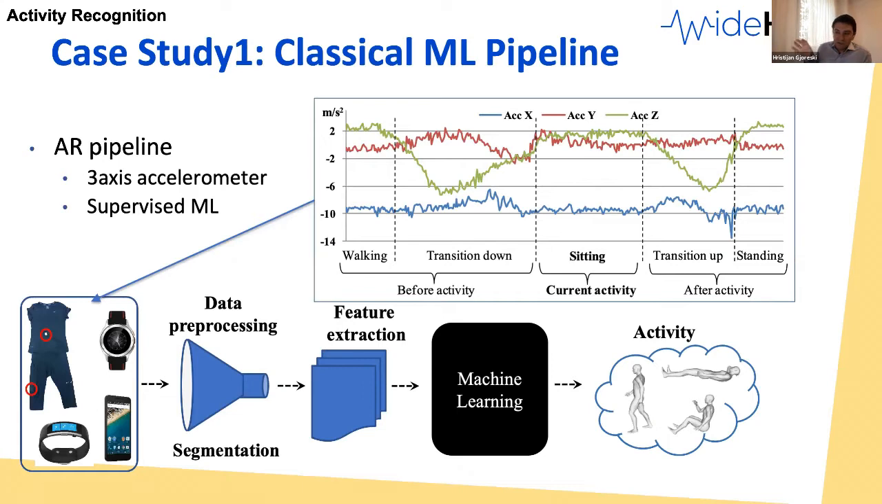Okay, so this shows a classical machine learning pipeline for activity recognition. So we have the data set. So data collection for activity recognition and also for wearable computing is a problem by itself. So I'll explain later how we collect data. But the idea is you collect data and somehow it is annotated. I don't know, that the person is walking here, transition down, sitting,